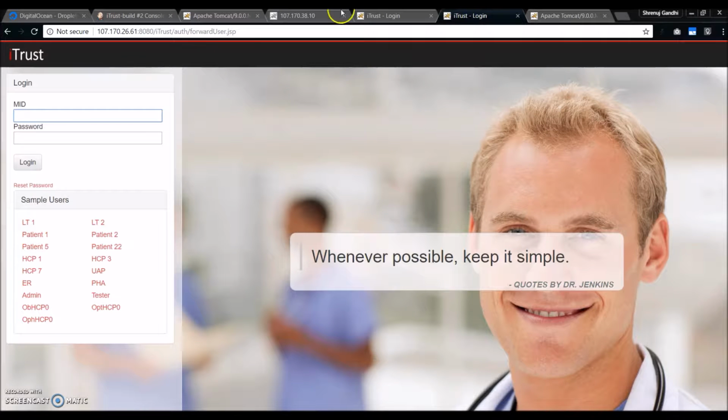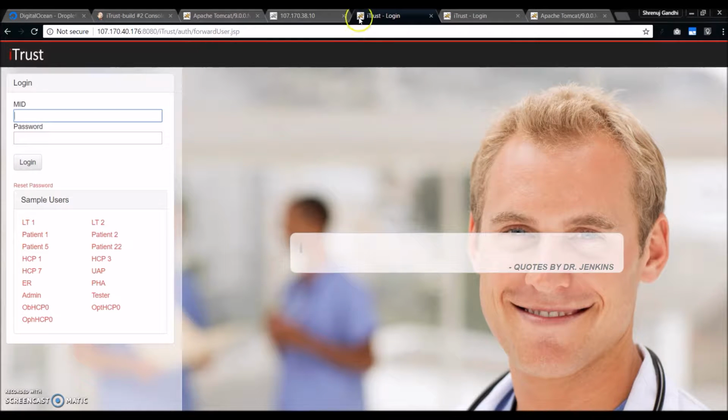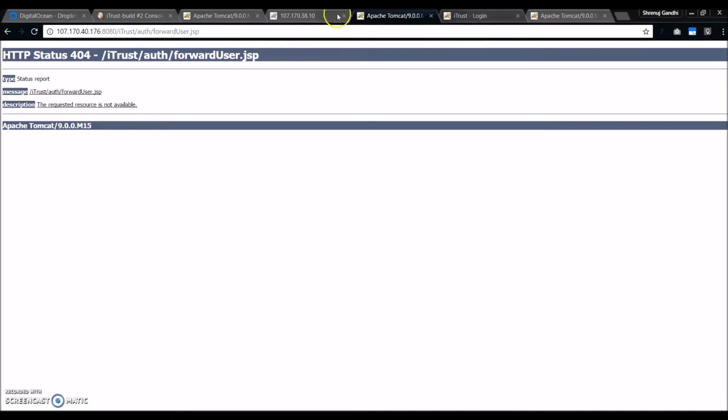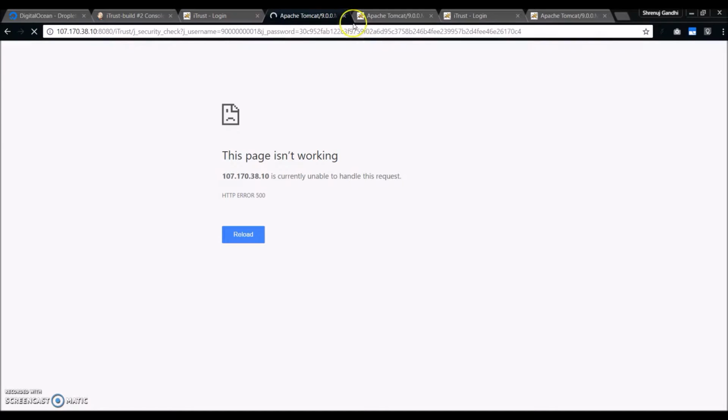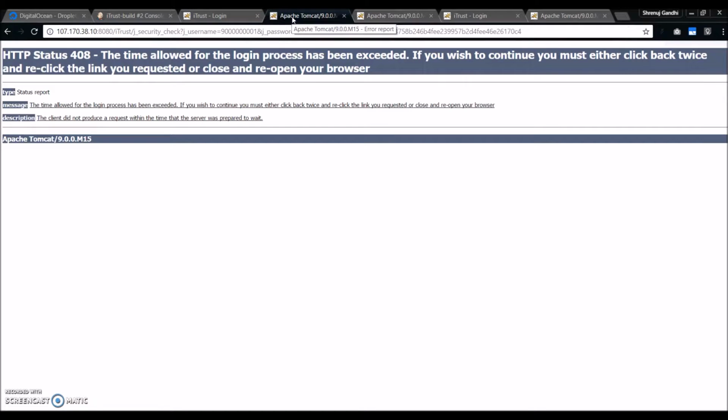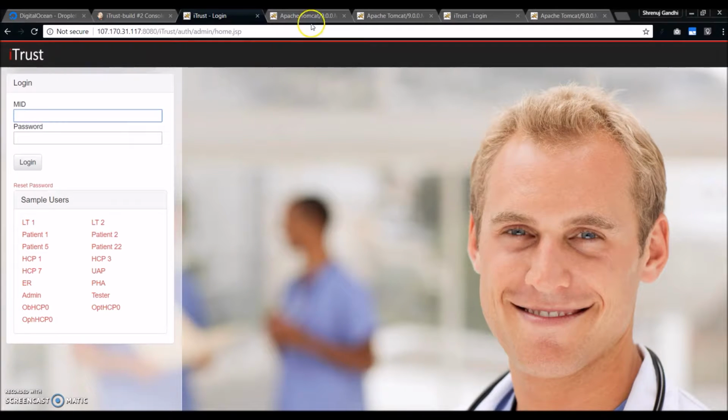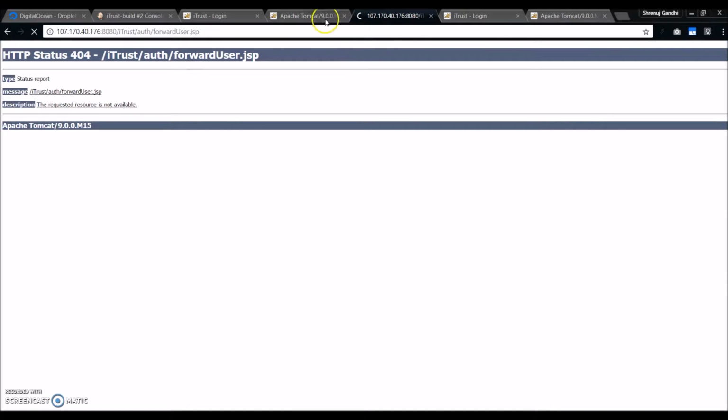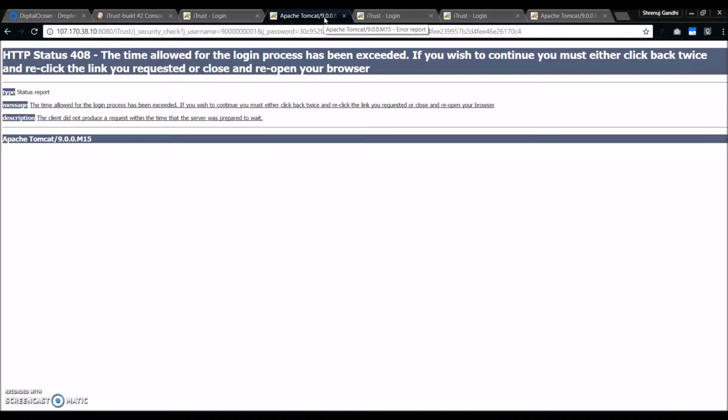It's on 176. So this goes down while these should go up. It takes a second or two to get these back on. But as you can see, the other server is up while this is still